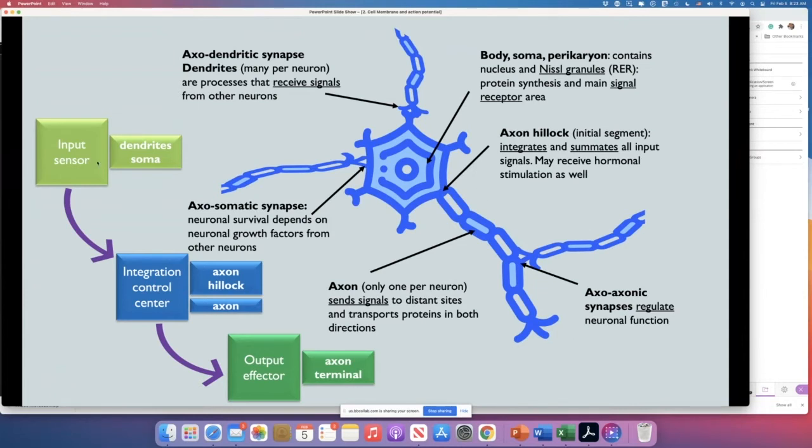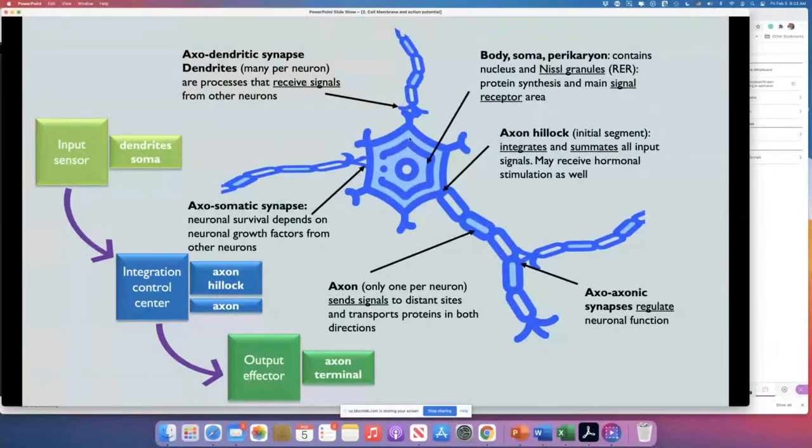So now let's move to the left part. Neurons have sensors, these dendrites, that receive the input from many different other neurons, and these impulses will be transmitted to the soma. Some of these impulses, if they are far away from the axon hillock, may be lost. If they are closer to the axon hillock, they may reach the hillock.